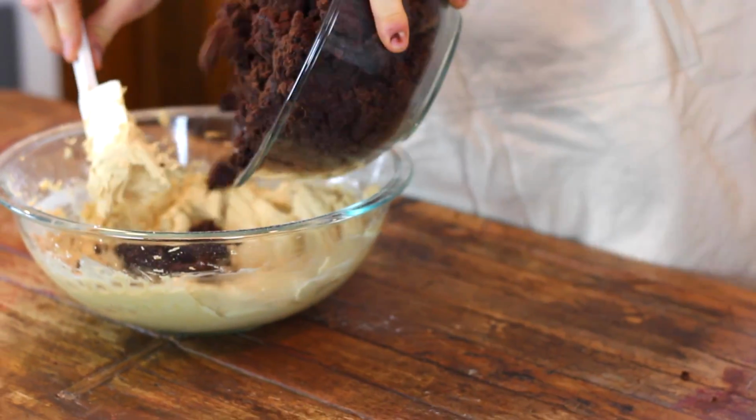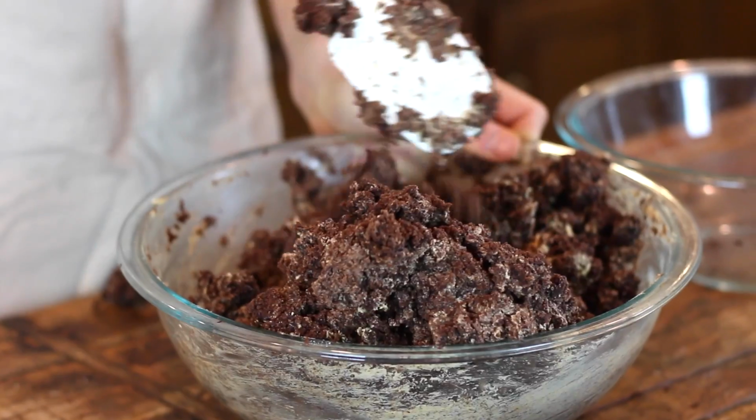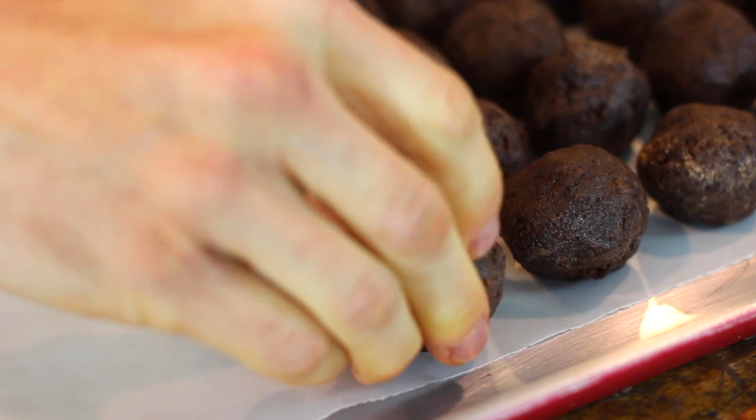Add in all your crumbled cake and then just stir it together until it's completely combined and all moistened. Once it has come together, you can just take a little bit larger cookie scoop, because I think these balls just need to be a little bit bigger because they're almost like miniature pieces of cake. Make your scoops and put them right onto a parchment lined baking sheet again,